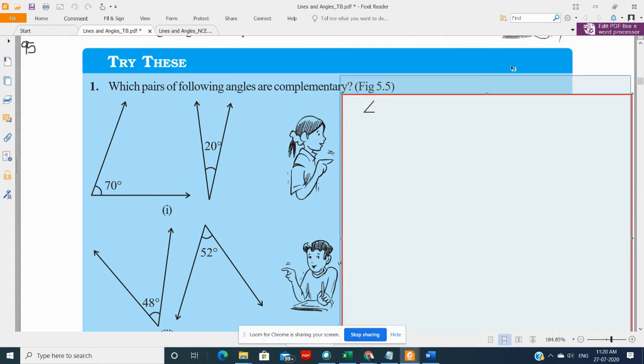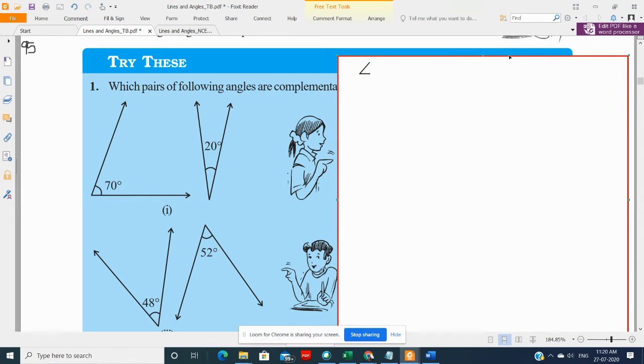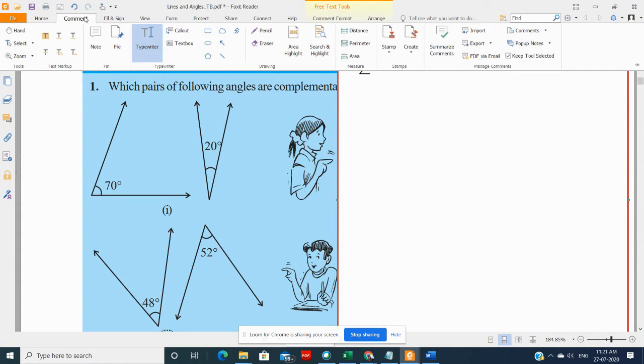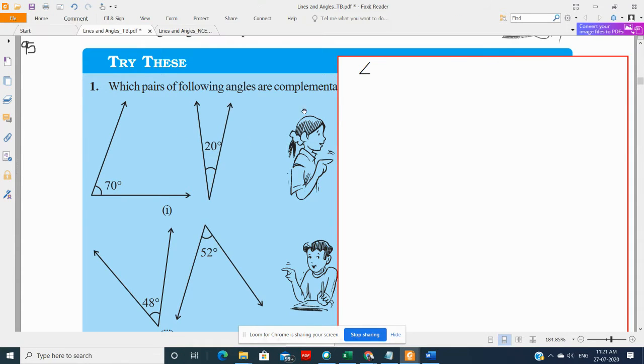Hello everyone. So today we are discussing the Lines and Angles chapter of class 7th, and in this video we are going to discuss Try This on page 95 of your NCERT textbook. Alright, so let's start. In this they are saying that first is, which pair of the following angles are